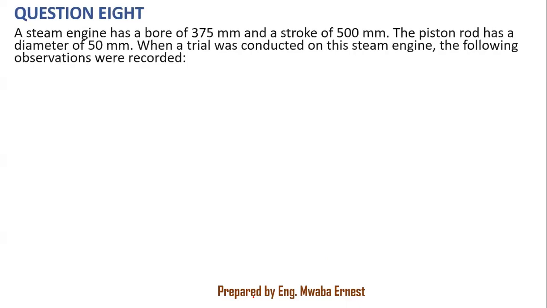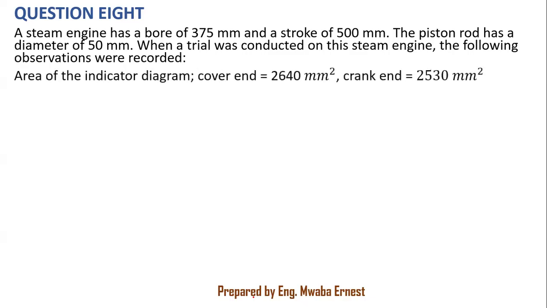Let's go to the last question. So here we've been given a steam engine, a bore of 375 millimeters, stroke 500 millimeters, diameter 50 millimeters. Then we need to calculate the, let's check. Excuse me. So a trial was conducted, and this is what was recorded. Just a minute. Cover end on the indicator diagram, area 2640 millimeter square, crank end 2